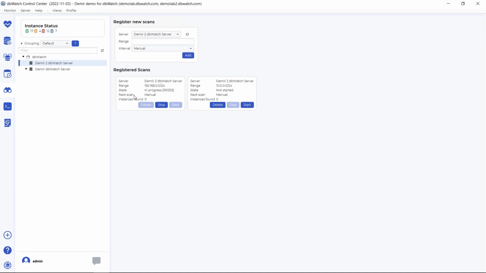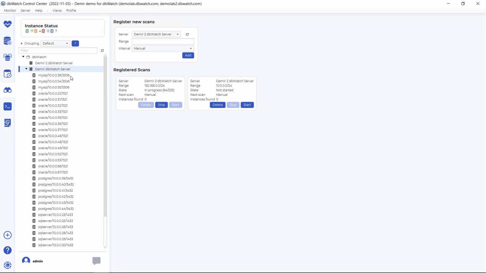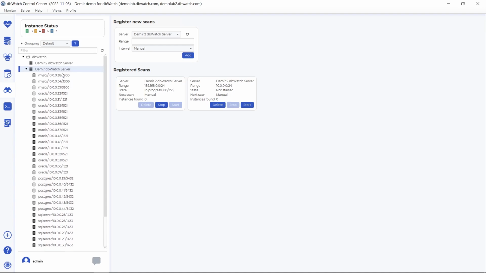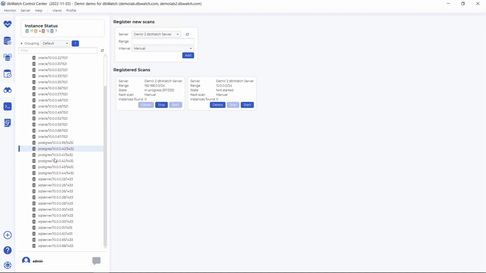While these scans are running, we can see the result from another system where we have run a scan on a network segment, and that will show up at a different IP address that we scanned. We see that there is an Oracle instance listed here, and we have MySQL instances here, and we have Postgres here, and we have SQL Server here. And you can